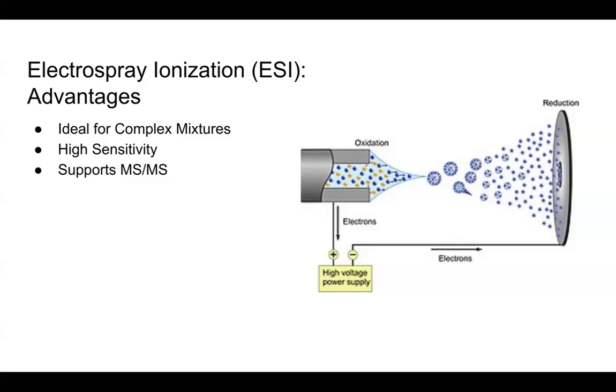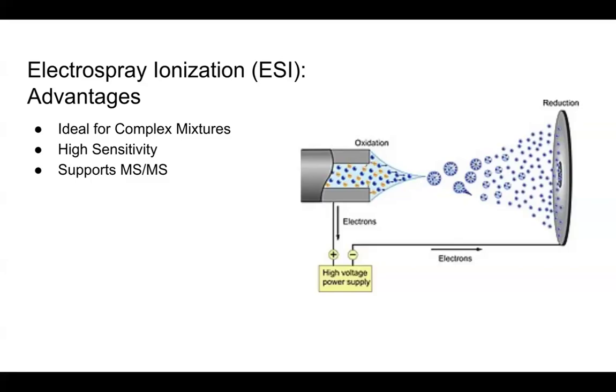But ESI also produces multiply charged ions, which are useful for MSMS, where the peptide is fragmented for sequence analysis. So ESI is widely used in proteomics, metabolomics, and drug discovery when we're trying to analyze complex mixtures, peptide sequencing,